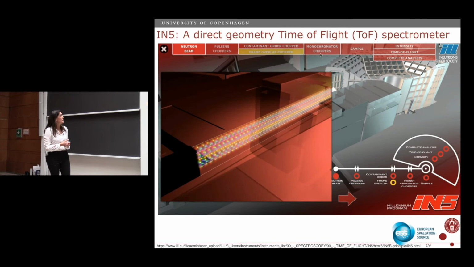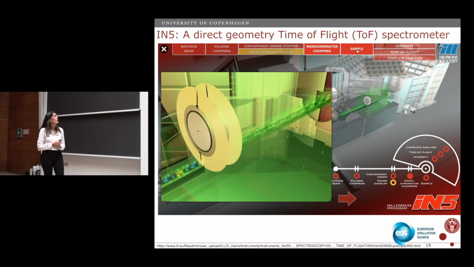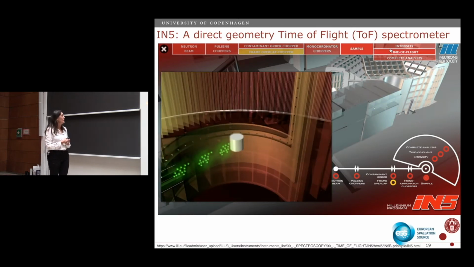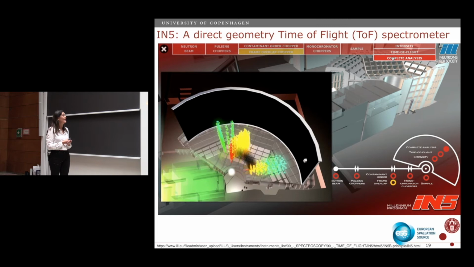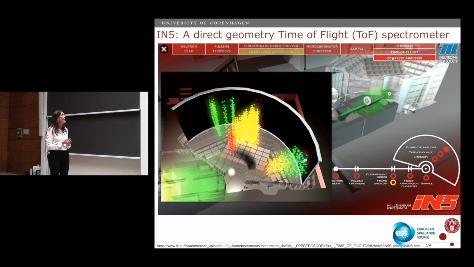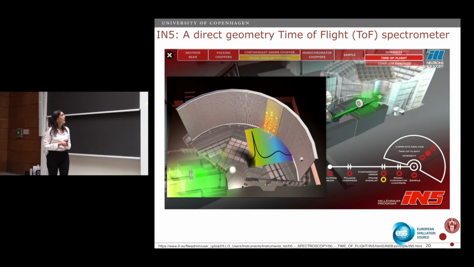So here, neutrons are produced in all directions with all energies. We then have to use a chopper system to select a particular energy that I want. Then the neutrons, when they interact with the sample, again, are scattered in all different directions with different energies, and then they hit the detector. And then when they hit the detector, I do some manipulation, I reduce my data, and what I get at the end is what we call a spectrograph, where we have intensities, and then we have energy.